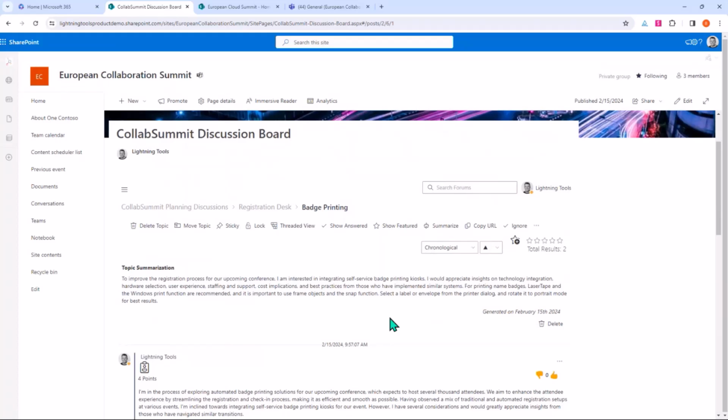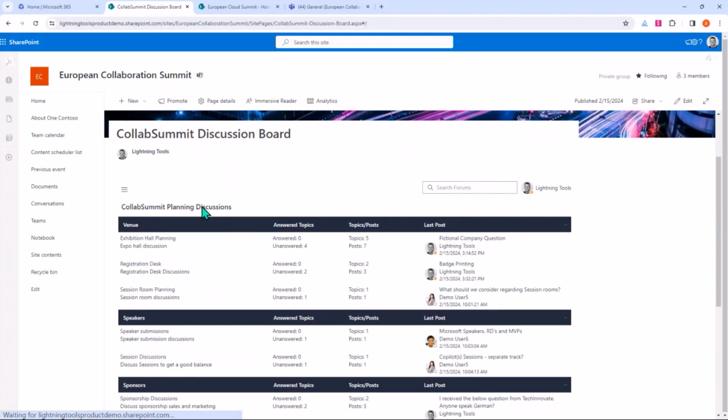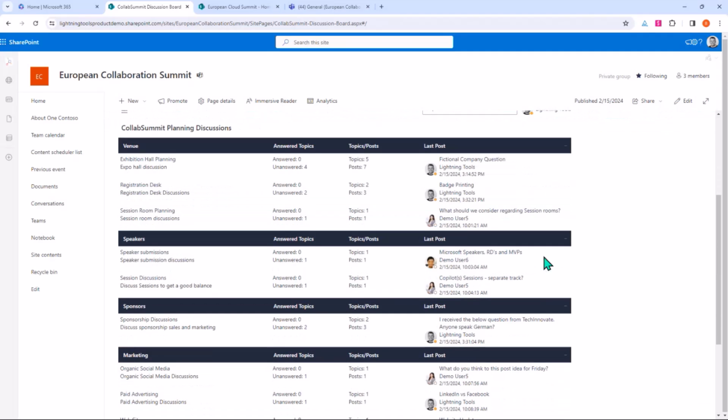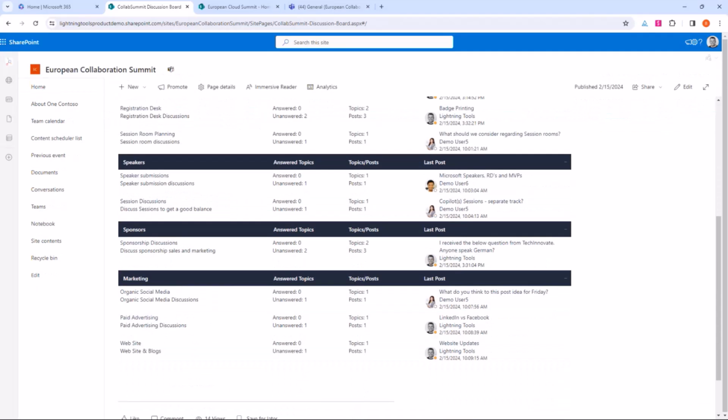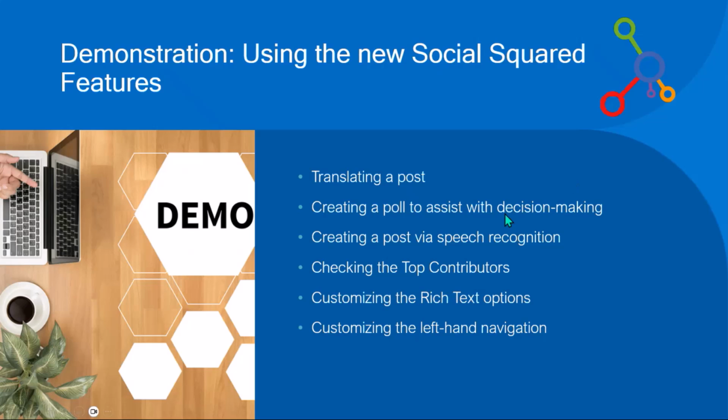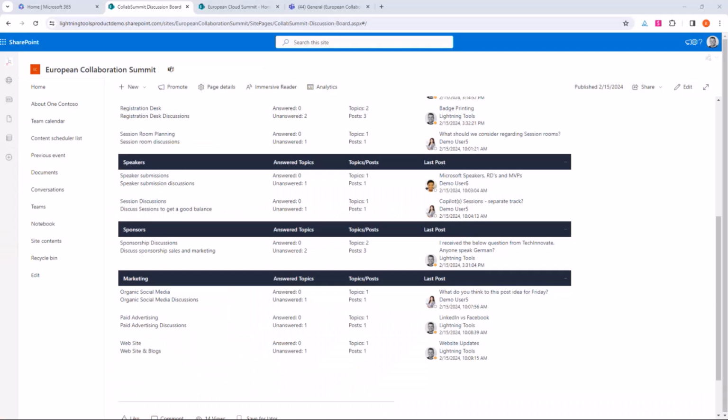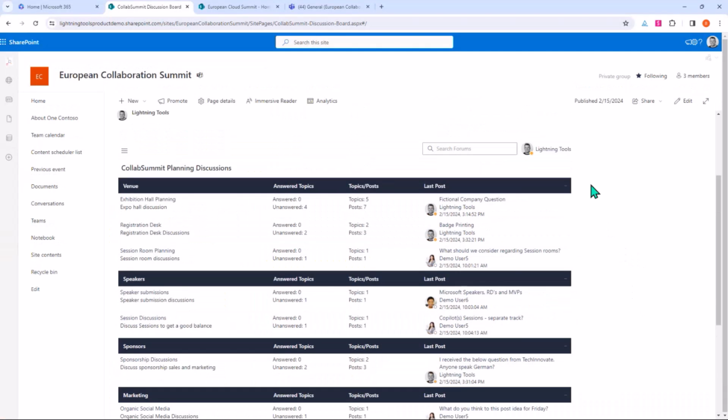Okay, so that's the translation, which is pretty useful. Let's go and take a look at the next feature, which is creating a poll to assist with decision making. So we'll jump back in, and in here